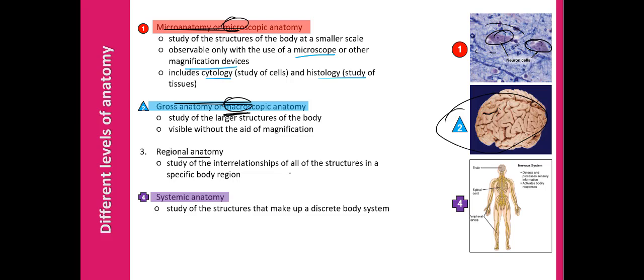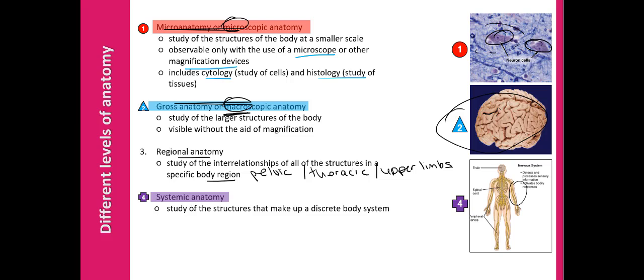So it's a study of interrelationships of all the structures in a specific body region. So the body region can be the pelvic region or the thoracic region, or say the upper limbs, right? And you can see here, if you look at your upper limbs, it involves different organs, muscles, bones, nerves, and also how it interrelates to each other. And then